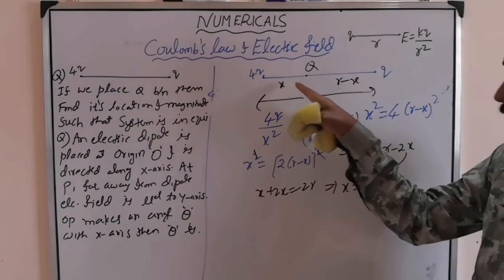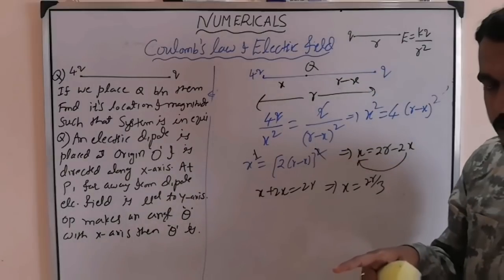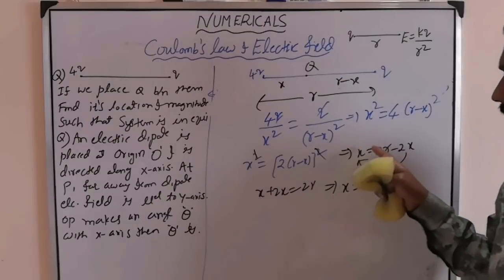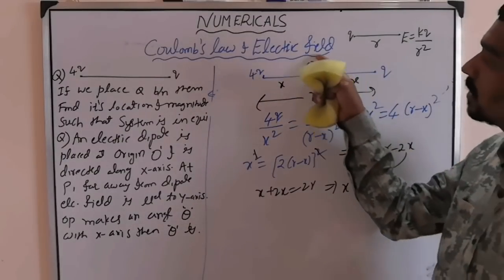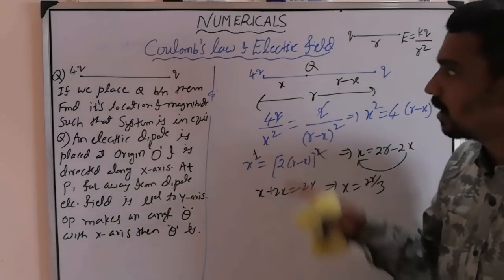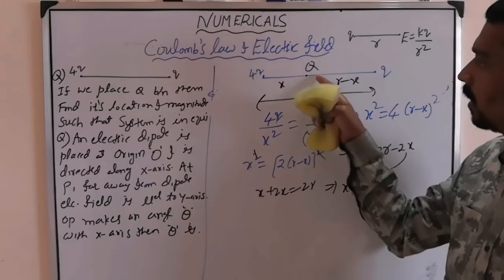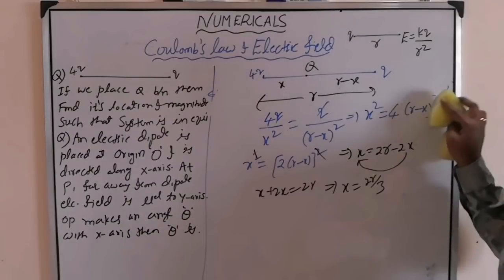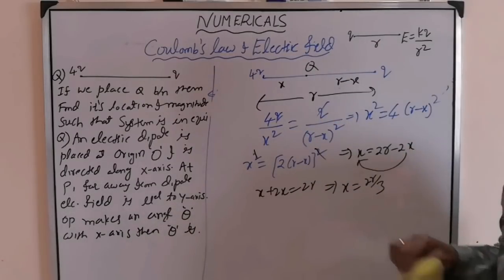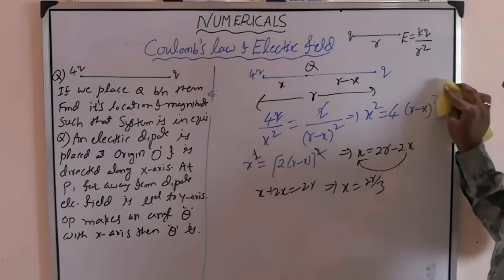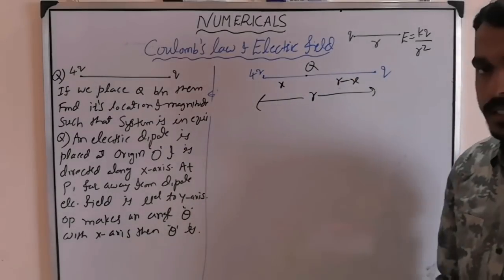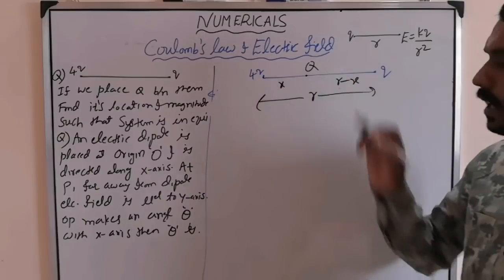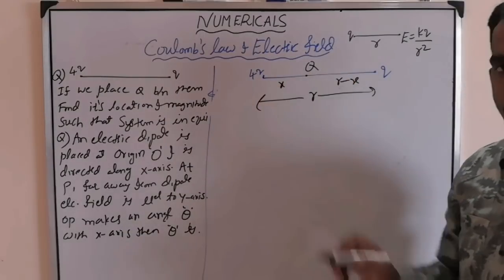See, to find the distance or position of the third charge, you have to take the resultant force on the third charge. That is what I have taken. But if they are asking what is the magnitude or what is the value of this charge, then you should not take this one. Then you have to take either this or this. Then only you will get the value. Because charges are getting cancelled if you take the resultant force on this. That's why you have to take the resultant force on either of Q1, Q2.